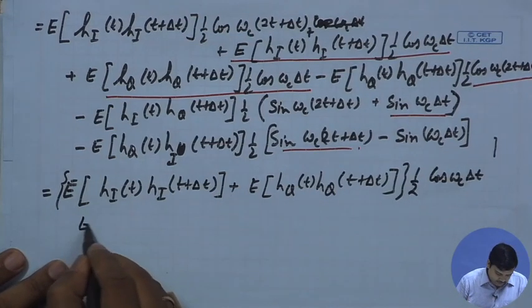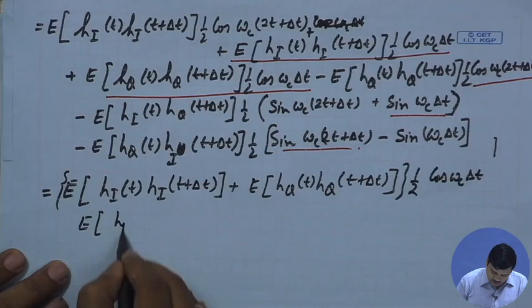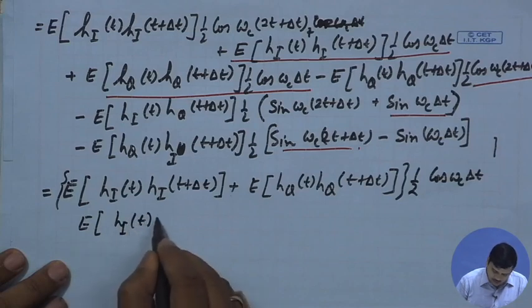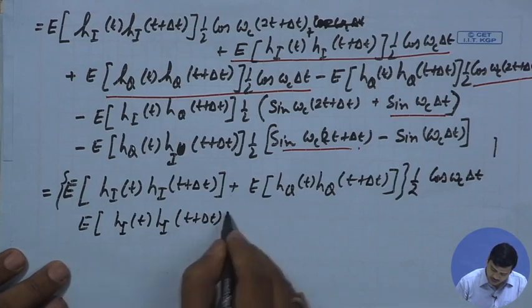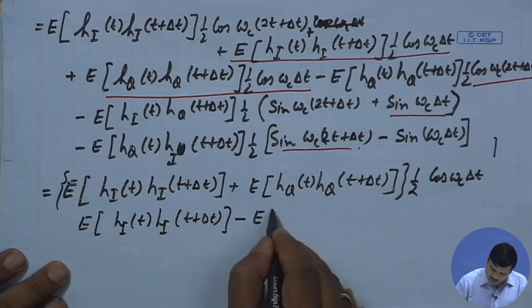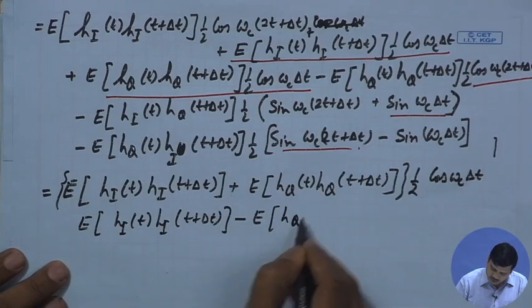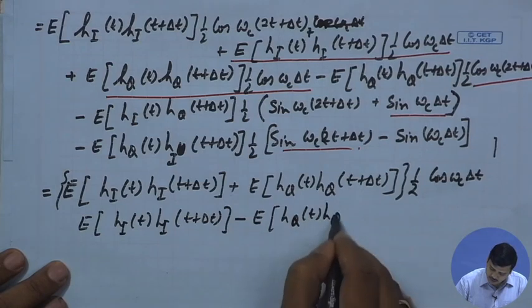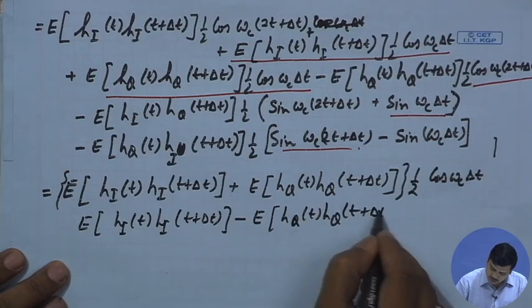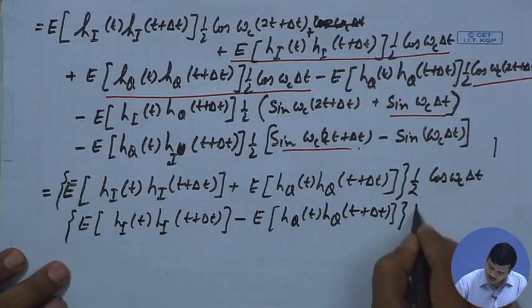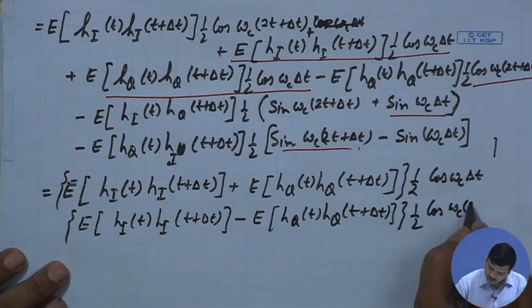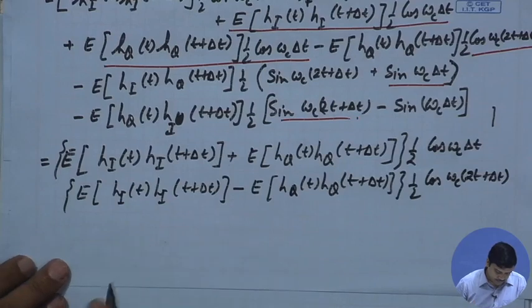We also have E of h_i t h_i t plus delta t minus E of h_q of t h_q of t plus delta t with half cos omega c (2t plus delta t), and then